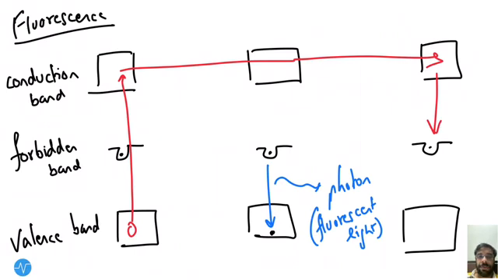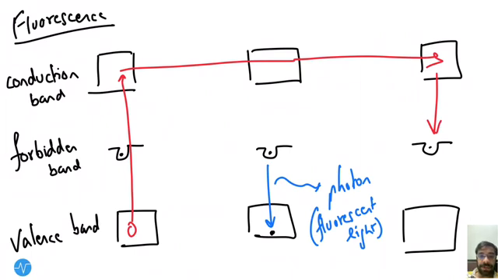In the valence band, we can see the electron. What happens if a stimulus is given? This electron directly goes to the conduction band, and from the forbidden band, one electron is emitted immediately to the valence band. This difference is given out as a photon or a fluorescent light, and the electron which was in the conduction band goes in the place of the forbidden band. Therefore, fluorescence, as we know, immediately emits light after absorption. This is the mechanism: from the forbidden band, immediately an electron is transferred to the valence band, giving out a photon